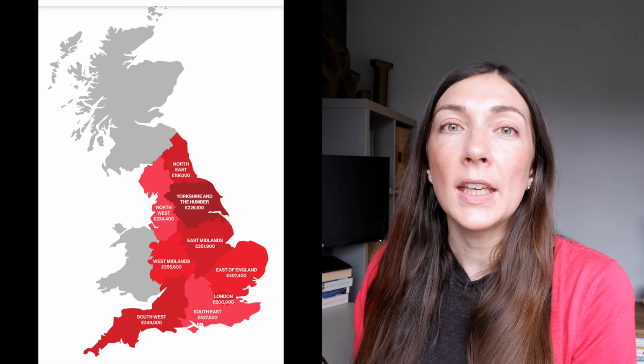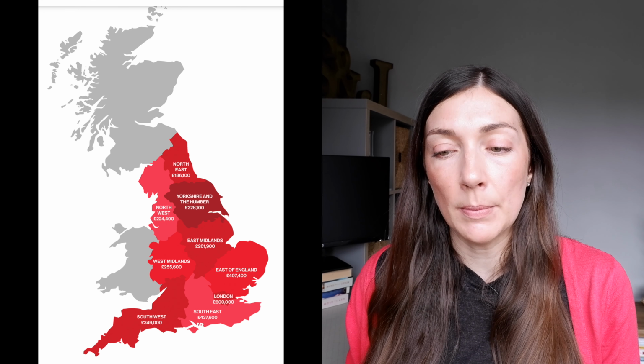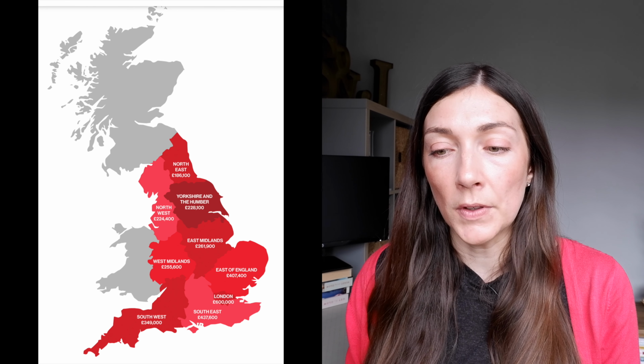So as I said, the biggest change introduced in this new scheme is the regional caps. And what the government has done is split the country, and I should reiterate this is for England only, so the scheme only applies in England. There's a similar scheme in Wales, but focusing on England only, the government have split into certain areas and looked at the average house price in autumn 2018 and taken the cap at 1.5 times that figure. So, as expected, there's a bit of a north-south divide, so I'll just put up on the screen the different caps, but you'll see the lowest is the North East, £186,000 just over, the West Midlands just over 255,000, and